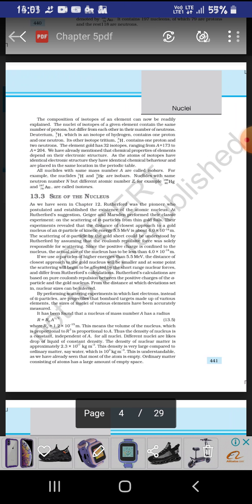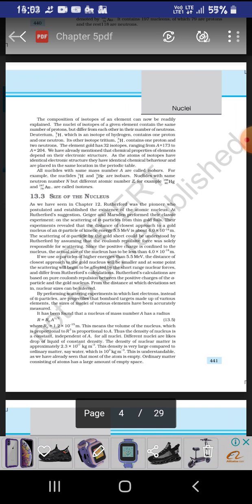Size of the nucleus. Rutherford was the pioneer who postulated and established the existence of the atomic nucleus. At Rutherford's suggestion, Geiger and Marsden performed the classical experiment on the scattering of alpha particles from thin gold foils. Their experiment revealed that the distance of closest approach to a gold nucleus of an alpha particle of kinetic energy 5.5 MeV is about 4.0 × 10^-14 m. They got this, and therefore it has been found that a nucleus of mass number A has a radius